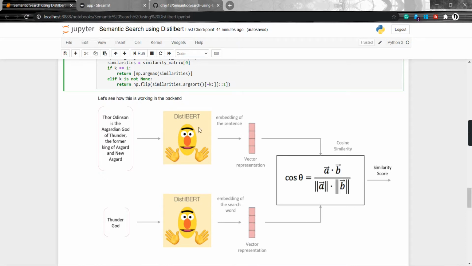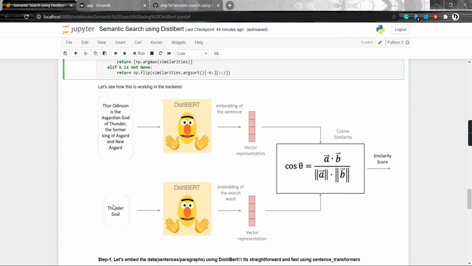So this is the architecture. It's a workflow of how we can do the semantic search. We have a sentence, and this sentence is loaded into the Distilbert model, and Distilbert will push a representation of this particular sentence.